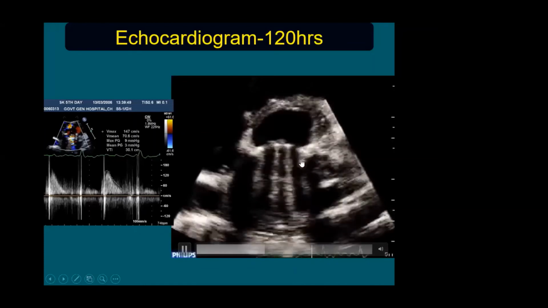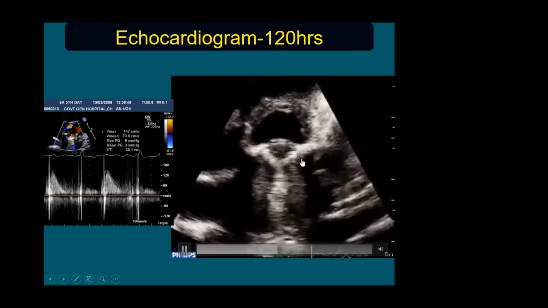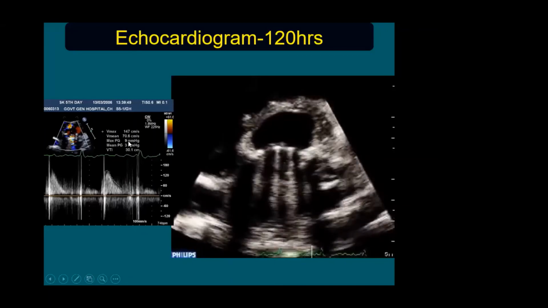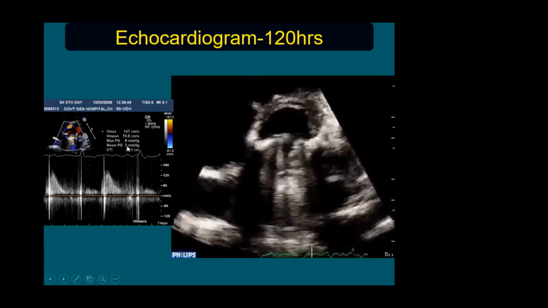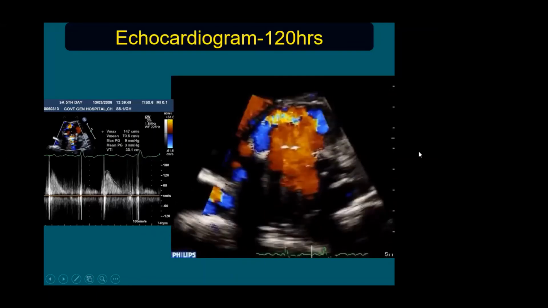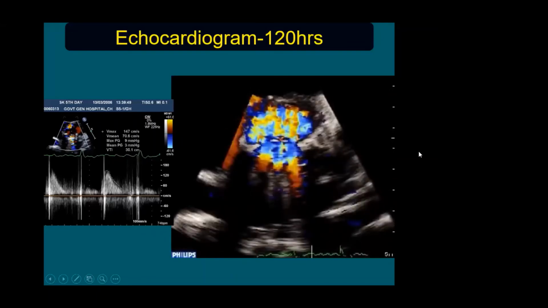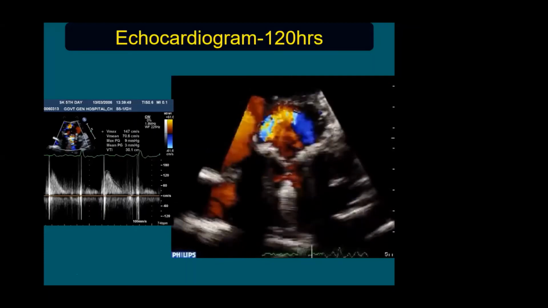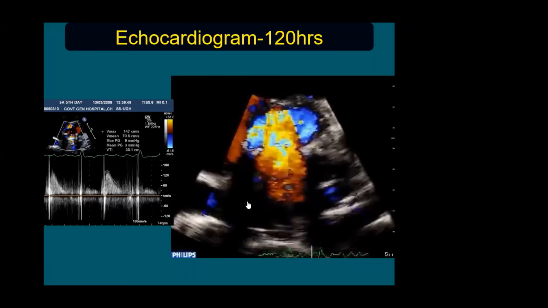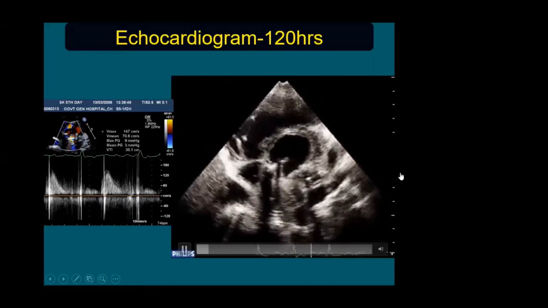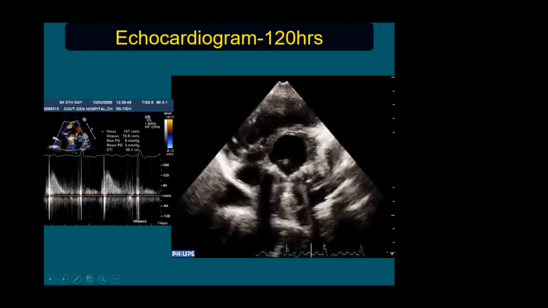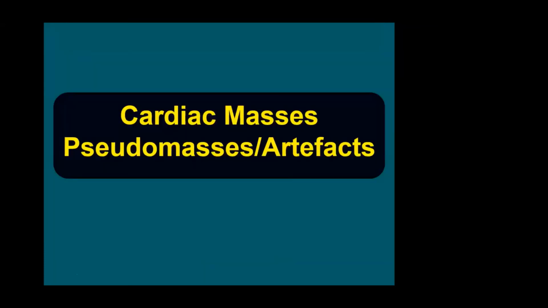You can see normal movement of both the discs of the mitral valve, and the gradient has decreased to 9 and 3. The peak gradient is 9 and the mean gradient is 3. So this is how echo can be very useful to diagnose prosthetic valve thrombus, and immediately you can give thrombolytic therapy and the patient is completely cured. Only thing is, when the thrombus burden is a large one, in 10% of the patients, it can produce sequelae in the central nervous system.